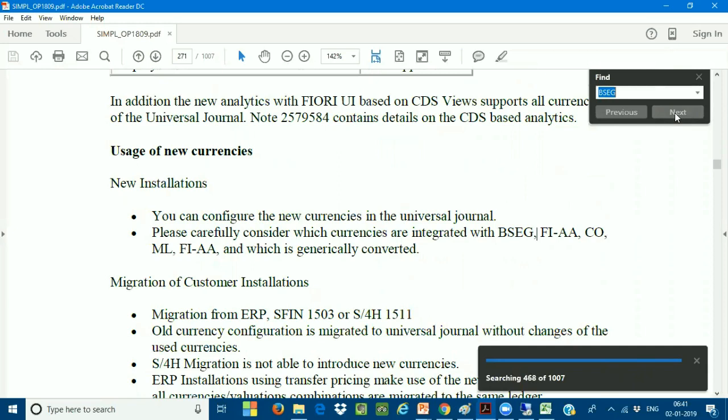I think they have not given any information in this table. But anyhow, we are going to get that information.